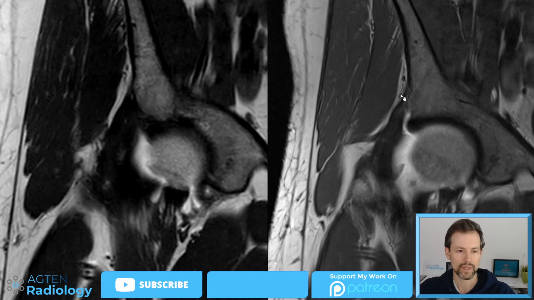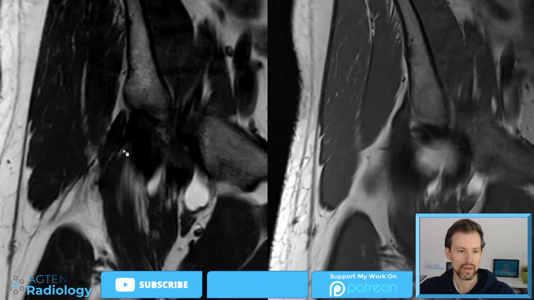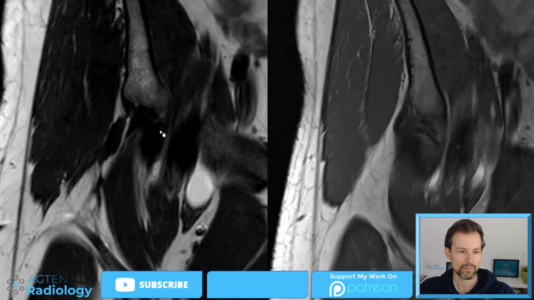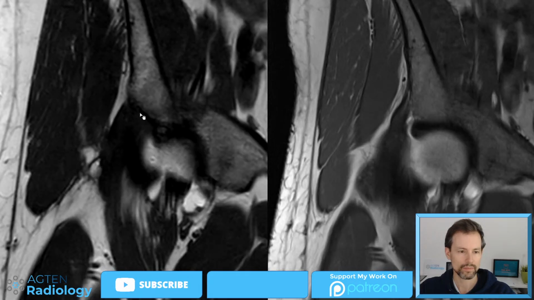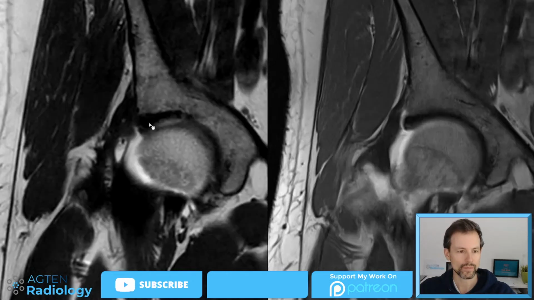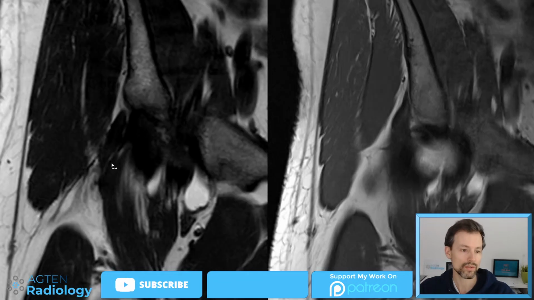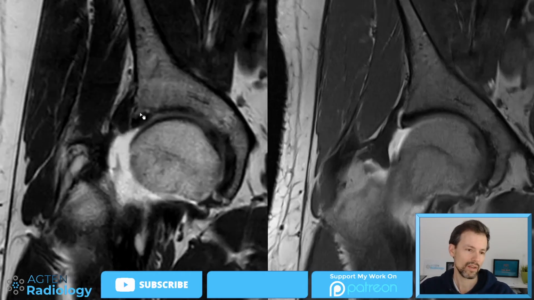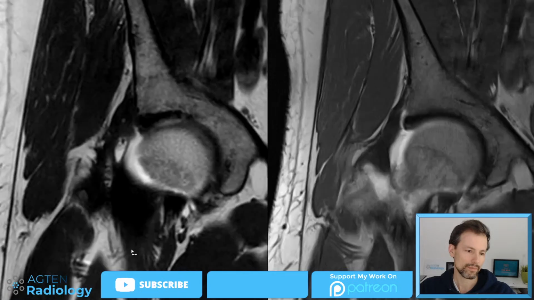It seems to be more than it was previously. And you can also see they did some pincer reduction as well. They resected some bone here, and where they did the pincer reduction, we can see a lot of hypointense signal. So this is basically a scar convolute, as the translation translated it here,